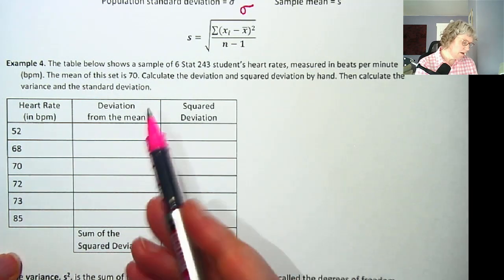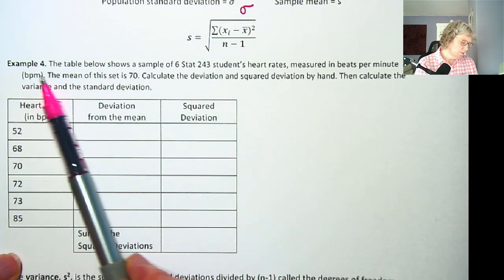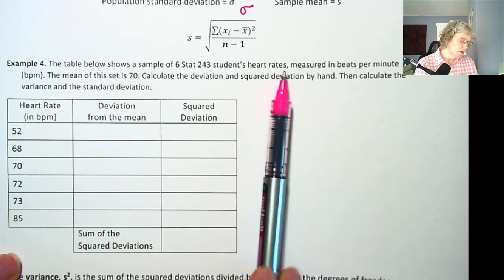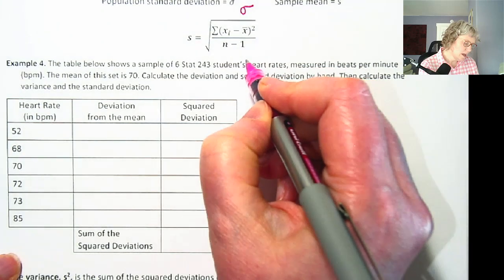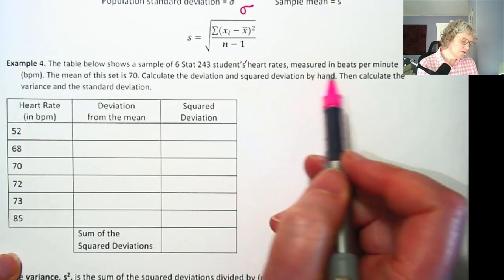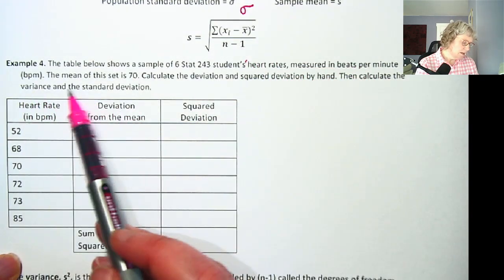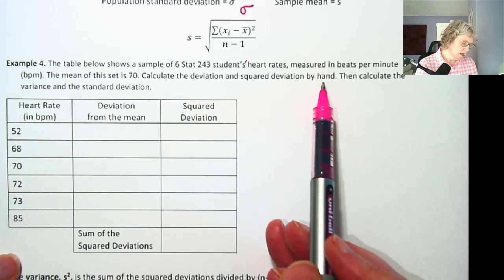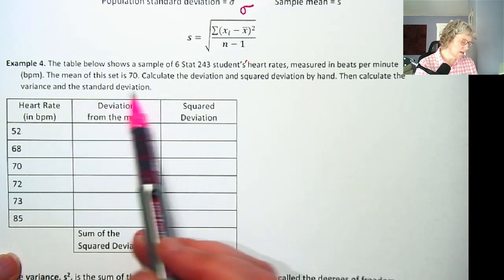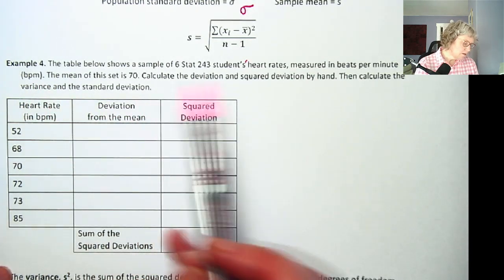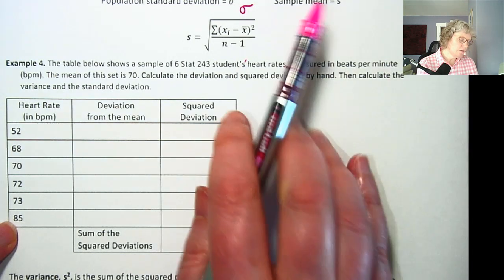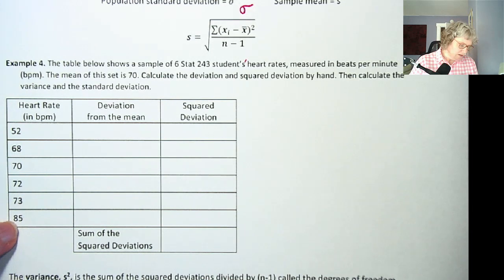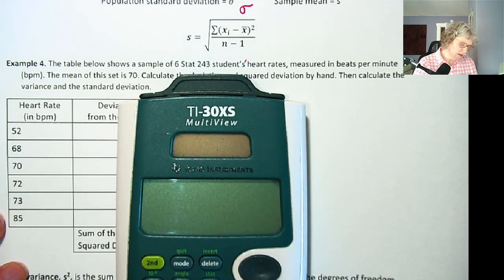Here we have example 4, a sample of 6 Stat 243 students' heart rates measured in beats per minute. The mean of the set is 70. Calculate the deviation and squared deviation by hand, then calculate the variance and the standard deviation. Standard deviation is the average deviation from the mean. That's why we need the mean first. So I'm just going to double check that the mean is 70